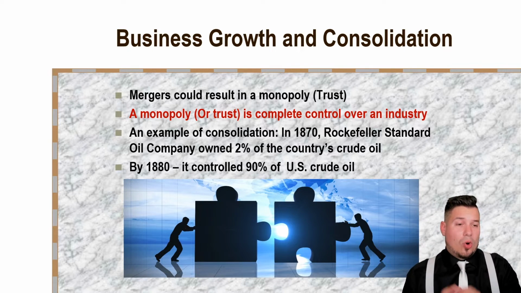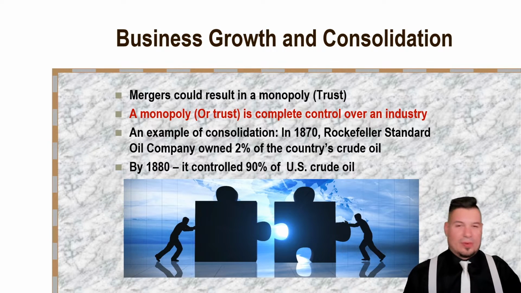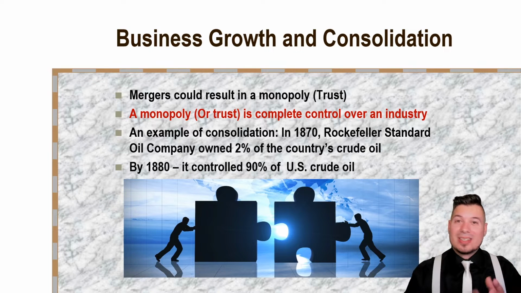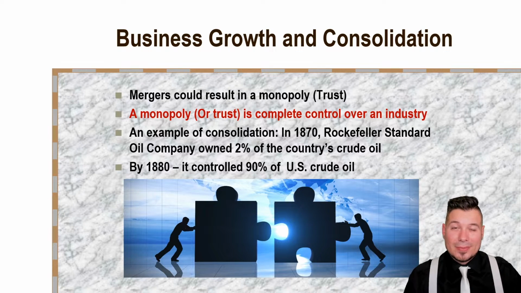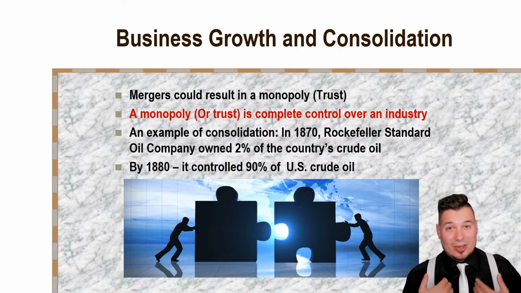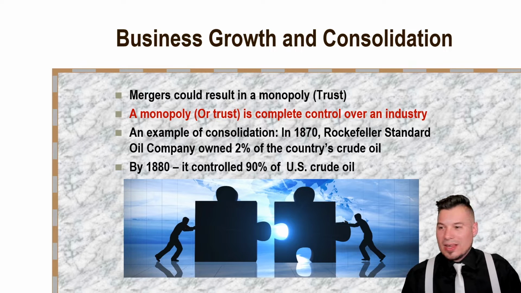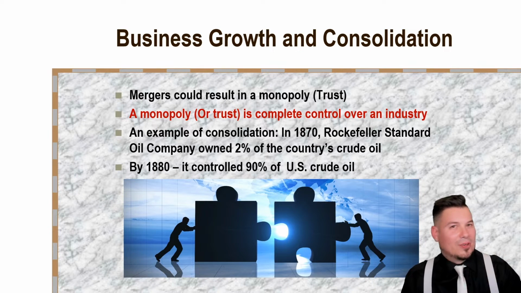This is where only one company or corporation controls the entire industry. Think of it this way. If Verizon bought out all the cell phone providers, T-Mobile, AT&T, all of them, and they were the only ones you could get your cell phone plan through, that would be a monopoly, because they have no competition. And monopolies can hurt consumers. They can do whatever they want to the prices. It doesn't matter, because if you need a cell phone, you have to go through them.